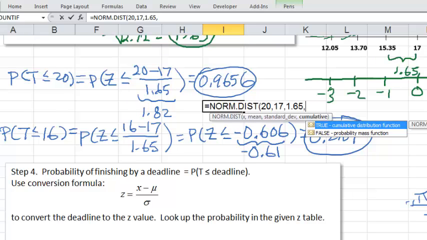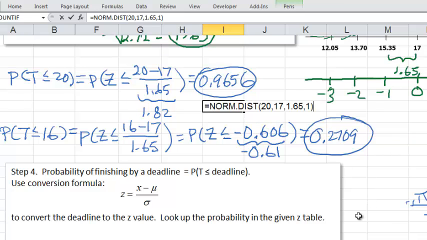If you want the cumulative, that is, if you want the area under the curve, put true, or you could say 1. 1 is the same as true. And if you want the probability mass function, that is just the height of this thing, not the area, and we hardly ever need it. But if you ever needed to find this height, then you could put 0 here, or false, which is the same thing. Okay, and that gives us